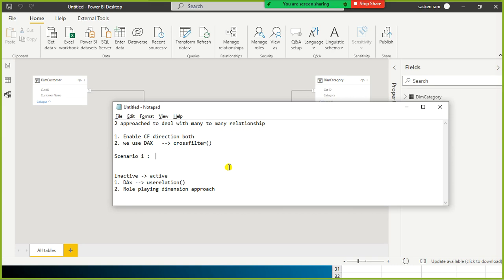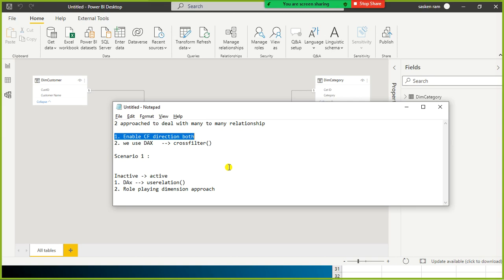But when we have an alternative like the CROSSFILTER DAX function, that is more than enough. If you enable both directions and use DAX functions to perform different types of analytics, it can cause performance issues.